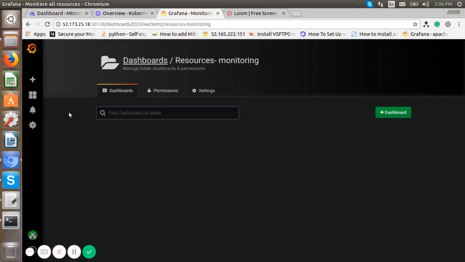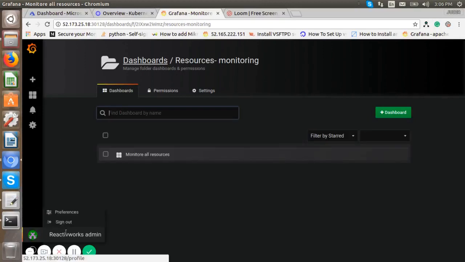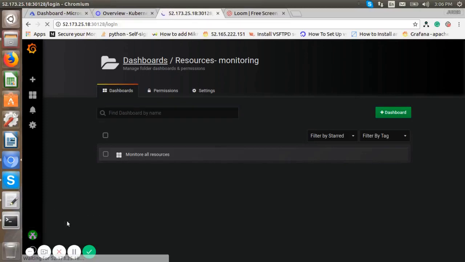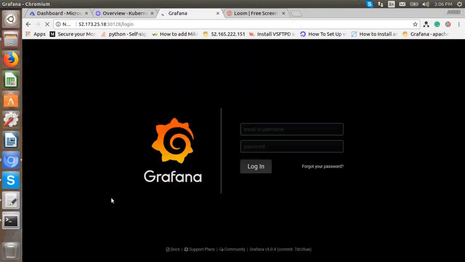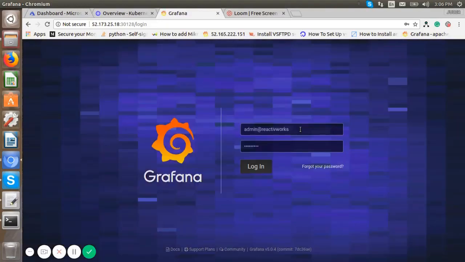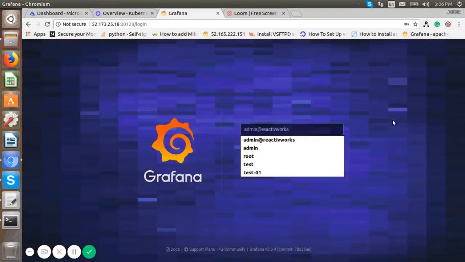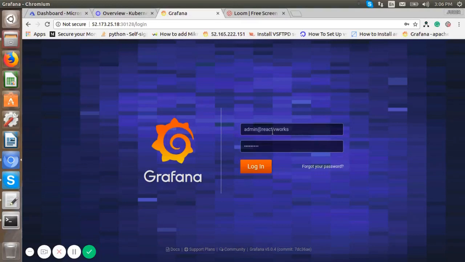Now we can check whether the admin user can log in, using the Reactworks admin user. Log in with the admin credentials for the Reactworks organization.